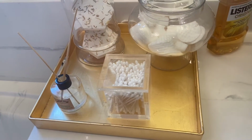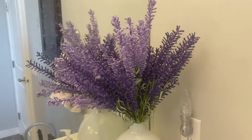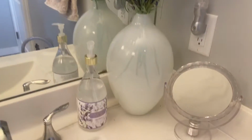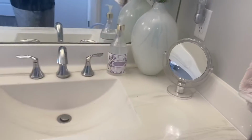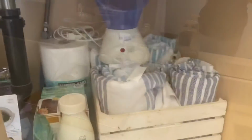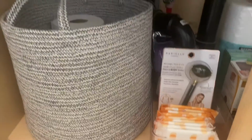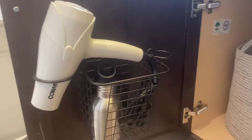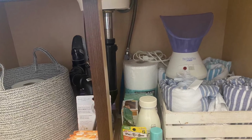I always fill this space with my goodies, like the mops and the facial pads, and I use this lavender accent. I love lavender. I bought these flowers from Dollar Tree, and this is from HomeSense. It smells really good. It's awesome. I'm doing just this one part because my bathroom is so big, so I will do the other part later. This basket I use for extra paper towels, and this hanger I also bought from Dollarama, and I put my dryer over there and my facial